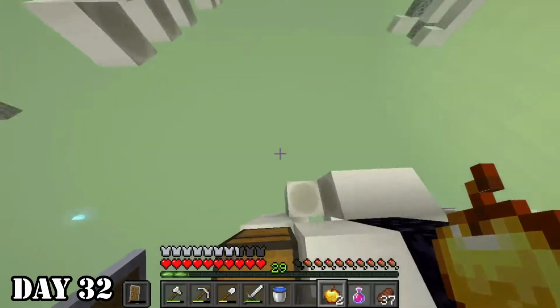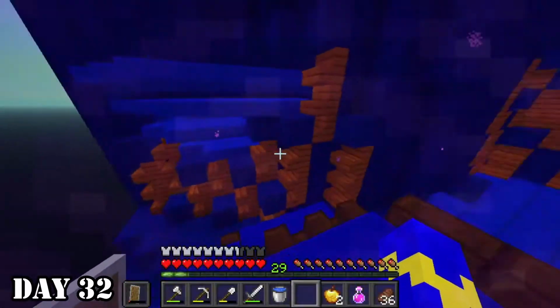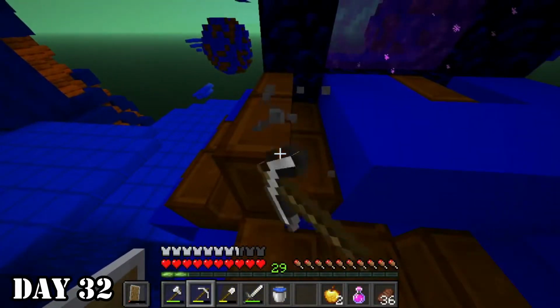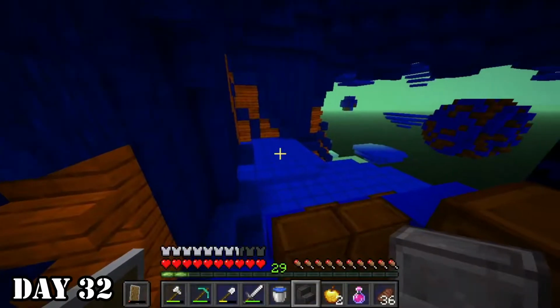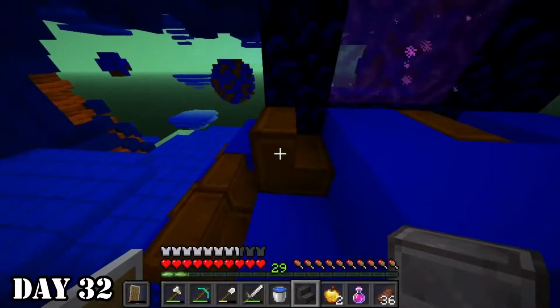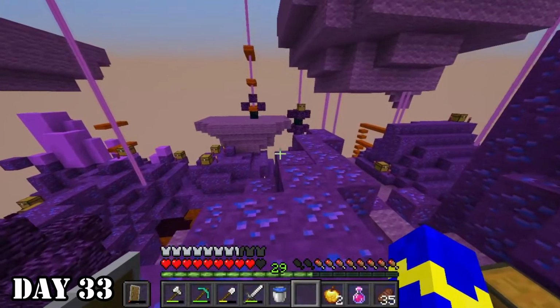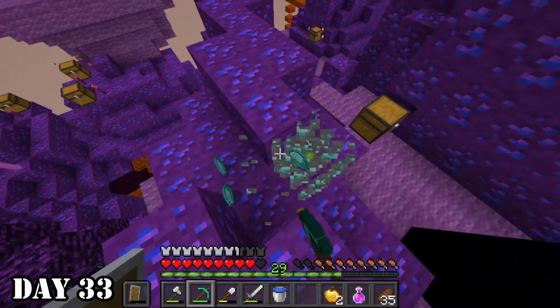I then went to the Shrek dimension. Next, I visited the PewDiePie dimension, in which I found netherite block stairs. What? There's no way that this is a thing. This is a joke. Day 33, I went to the Big E dimension, and I have